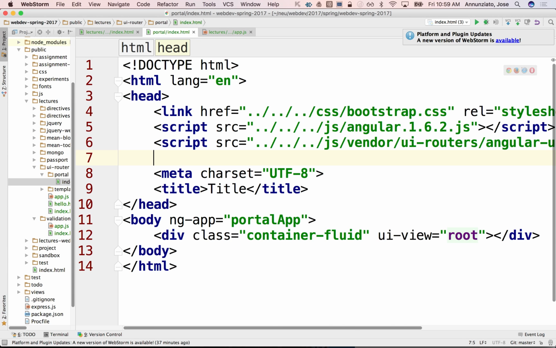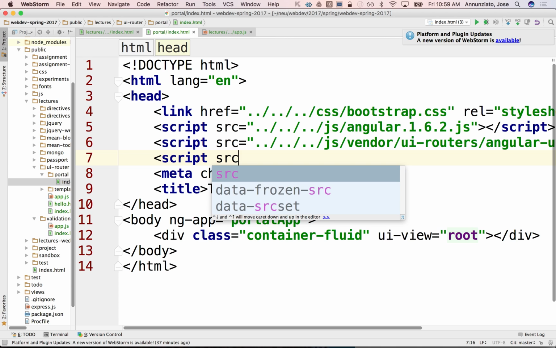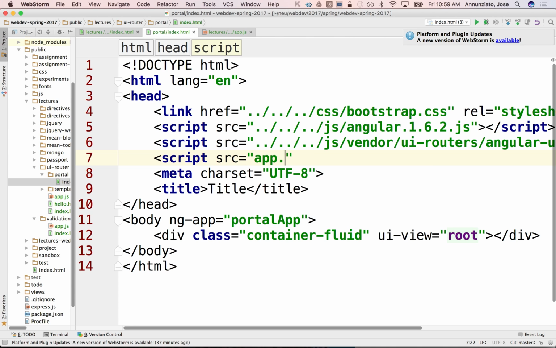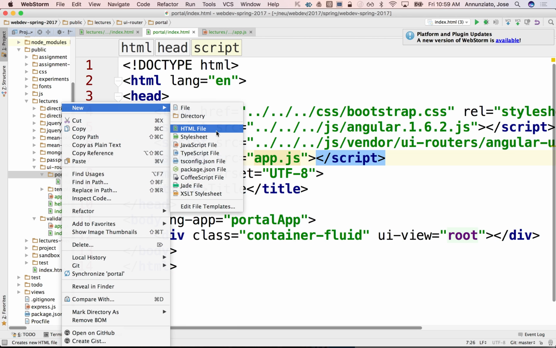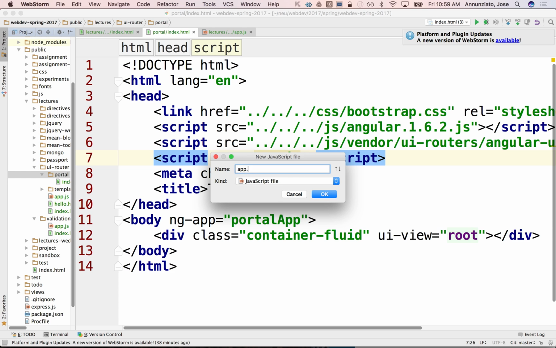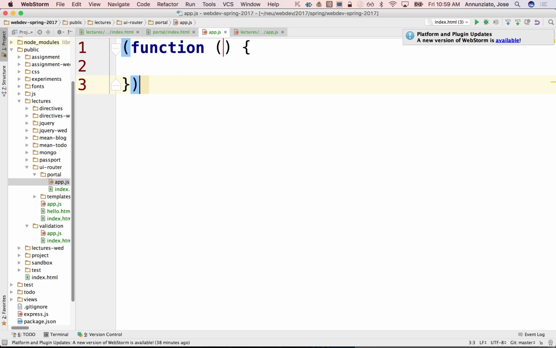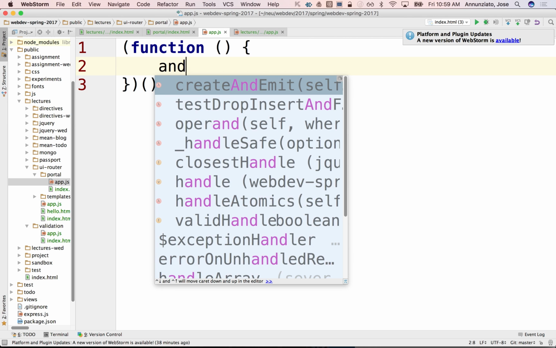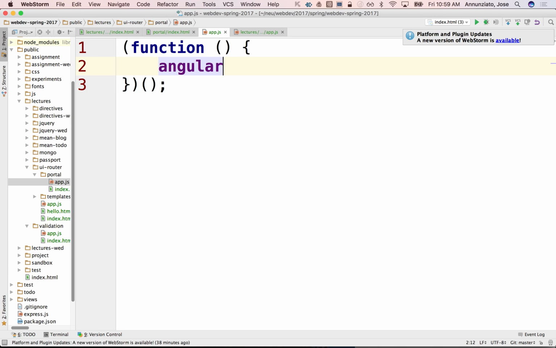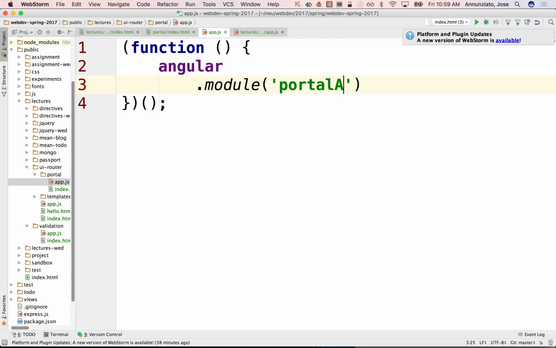So let's create an application. This is a script source, and we'll create it in app.js. Right, so let's create our app.js here. There we go, app.js. And let's create our first application there. So it'll be a function, and we'll create it here, angular.module, and it's called the portal app. And now we're going to have a dependency on that other library that we're loading, and that library is called ui.router,